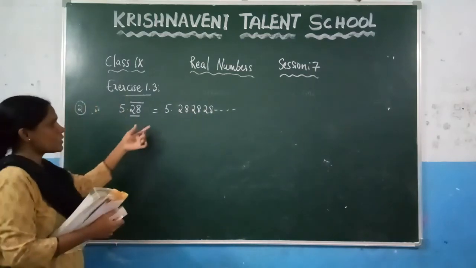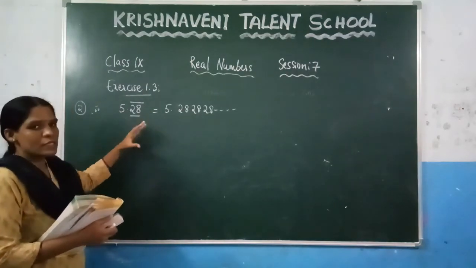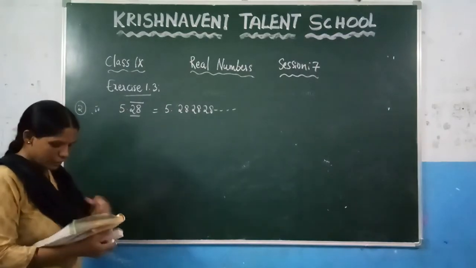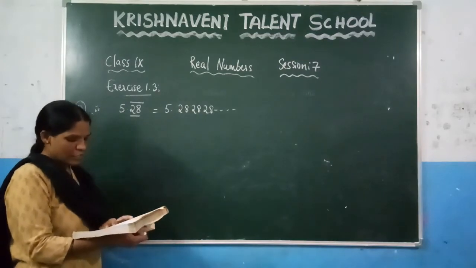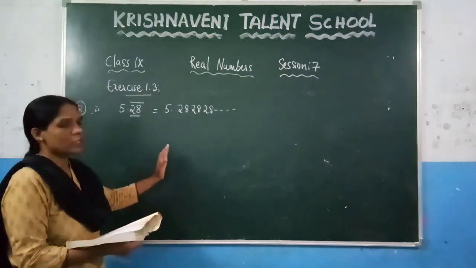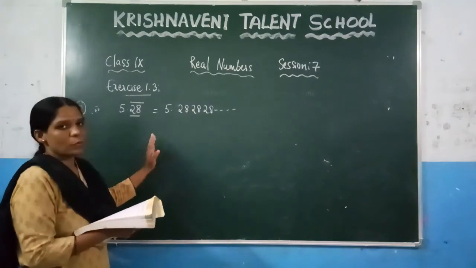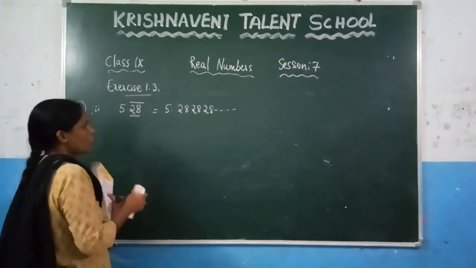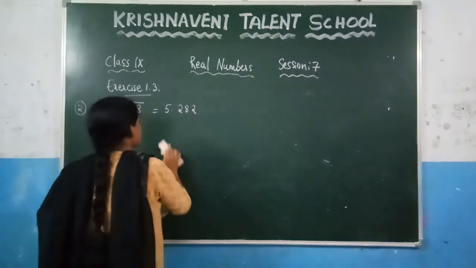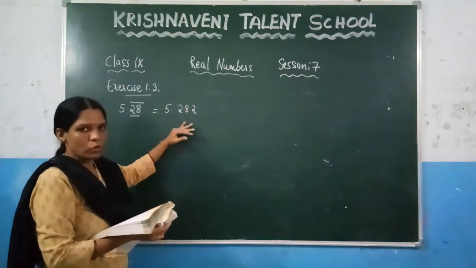And you want to represent this on a number line. But you know that we can represent terminating decimals on a number line, and this is a non-terminating decimal. But in the question they have given, visualize 5.28 bar on the number line up to 3 decimal places. Just up to 3 decimal places you have to represent on a number line. Up to where do you have to consider? 1, 2, 3. Up to here you have to consider. So which number do you need to represent now? You need to represent 5.282 on a number line.